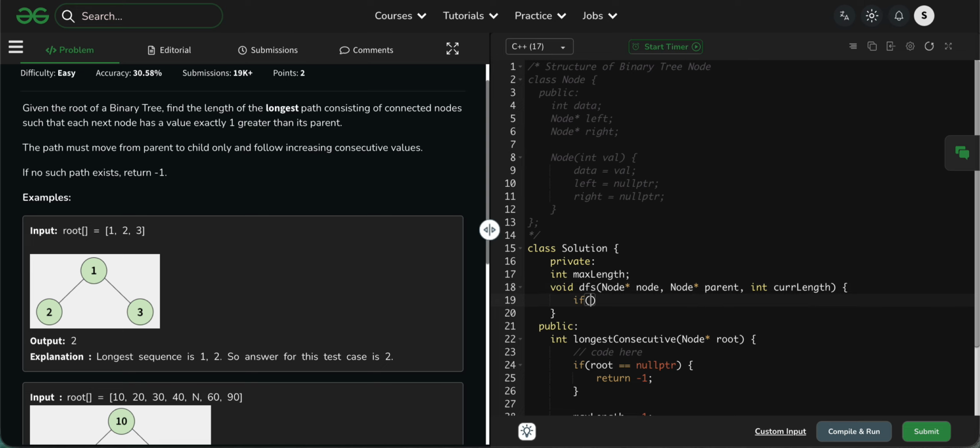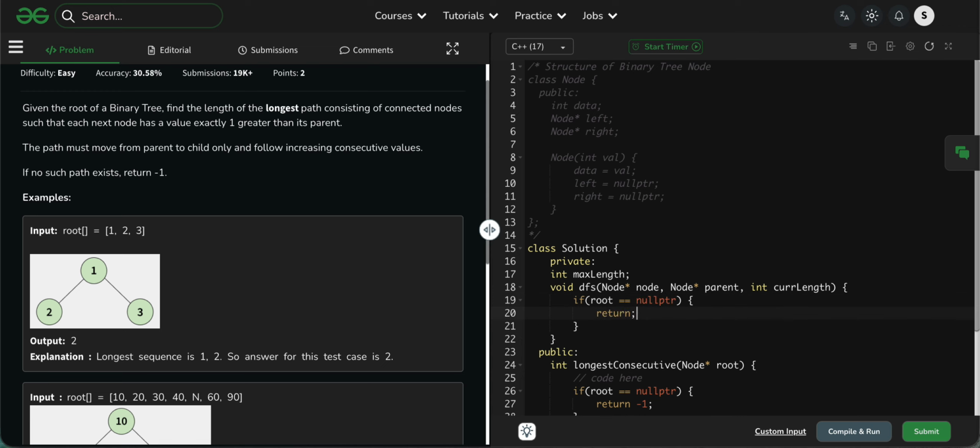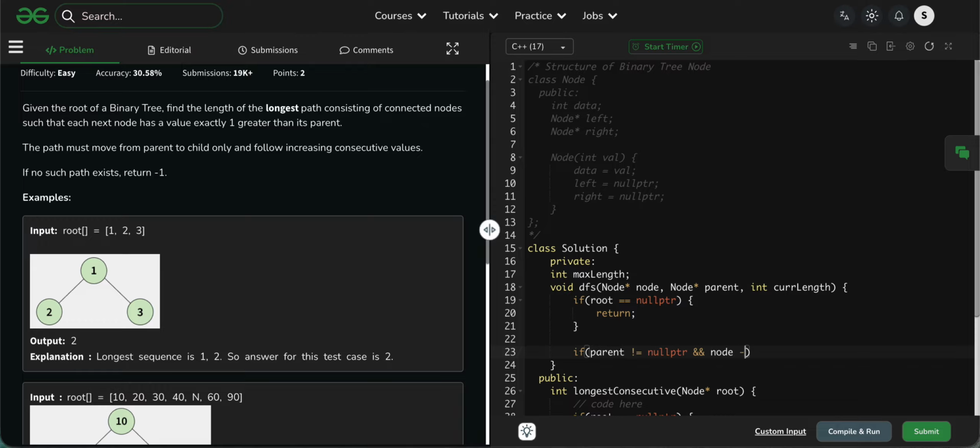Now the base case is if node is nullptr, then just return. Then extend: if parent is not equal to nullptr and node data is equal to parent data plus 1, then current length plus plus, else